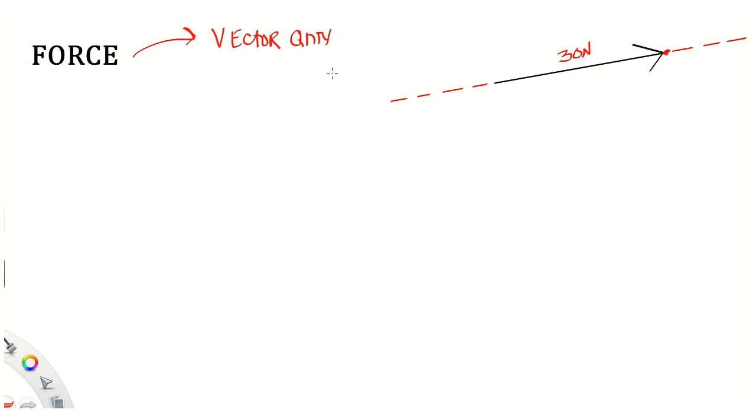Now, what is a vector quantity? Suppose you have heard or you have learned vector quantity previously. The opposite of vector quantity is a scalar quantity. Now, what do these two mean? When we say scalar quantity, if I say